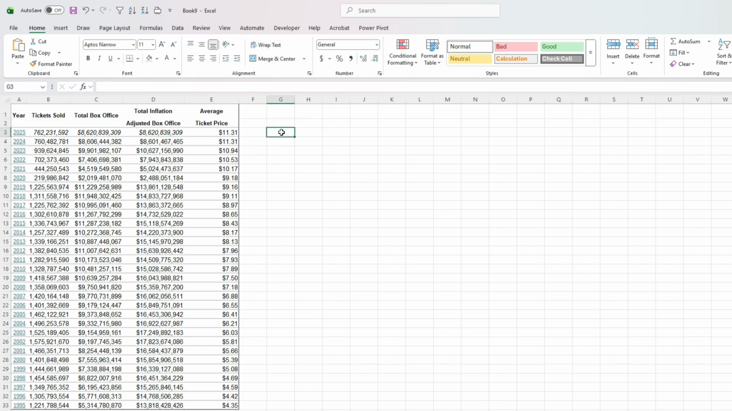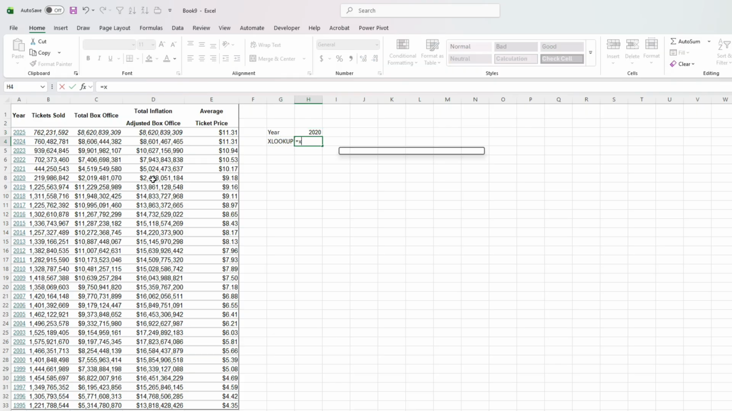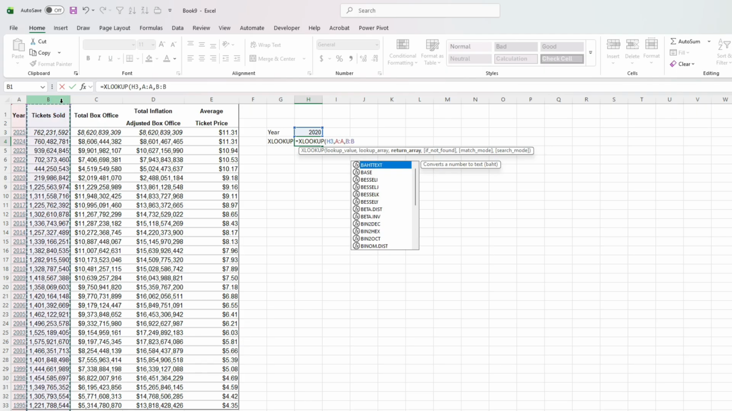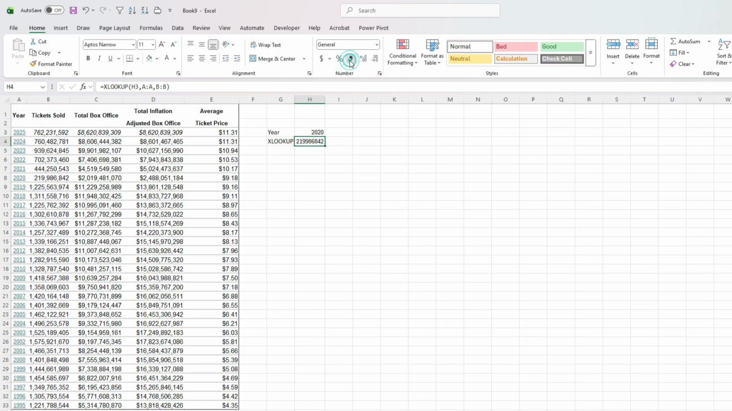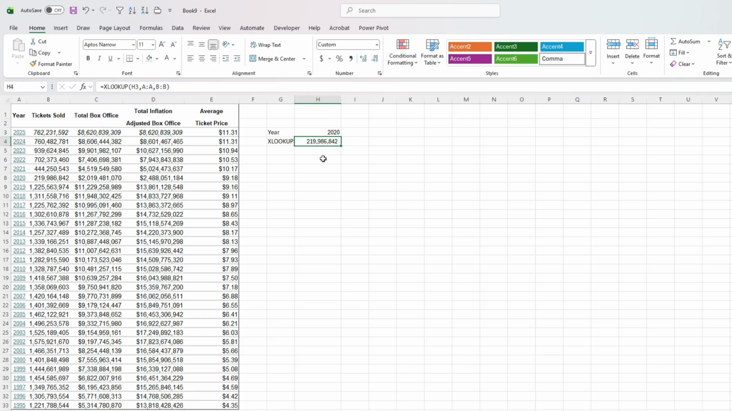So let's say we want to pull up the number of tickets sold in 2020. So I'm going to enter an input value of 2020 here and set up my XLOOKUP formula as follows. So I'm going to reference that lookup value, and then this is my lookup range. And now I just simply select which column I want to return the values from. Hit enter, and it correctly gives me that number for 2020,